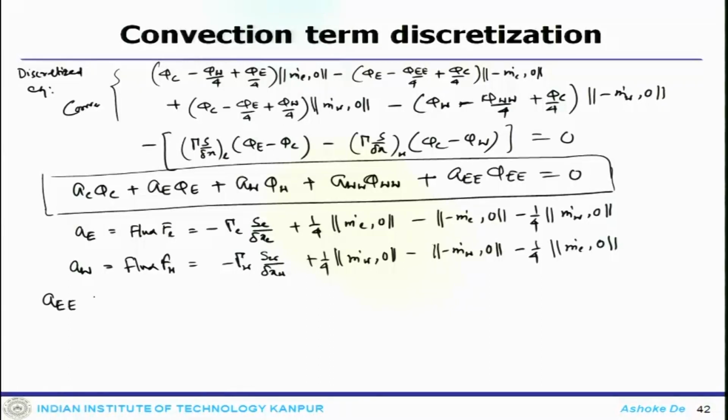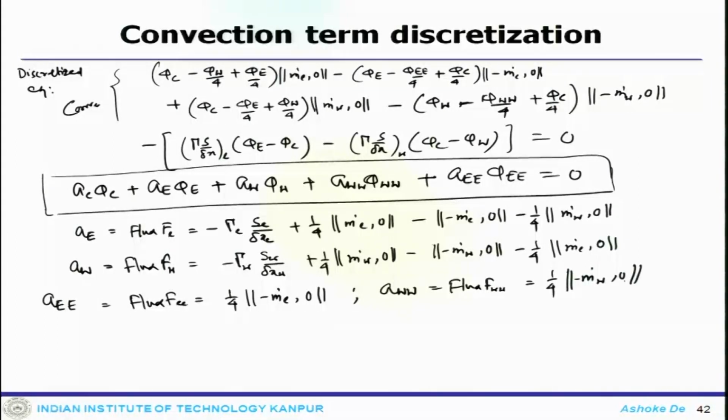Now, A e, which will become flux F e, 1 by 4 minus m dot E 0. A w w, which will be flux F w w, 1 by 4 m dot W 0, and finally A c, which is over the faces,